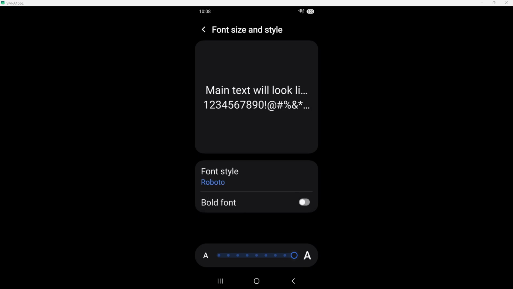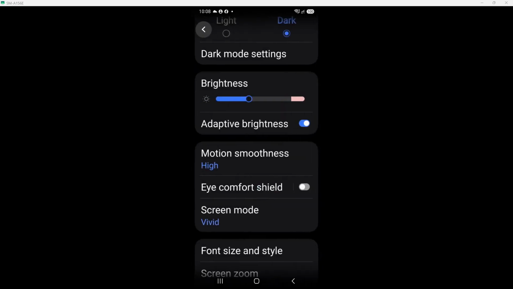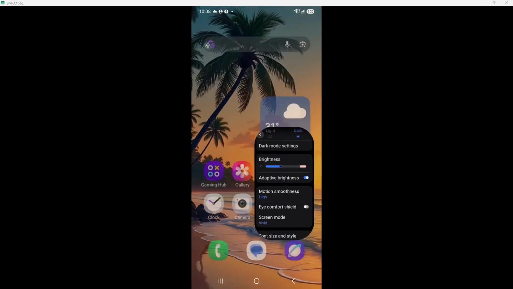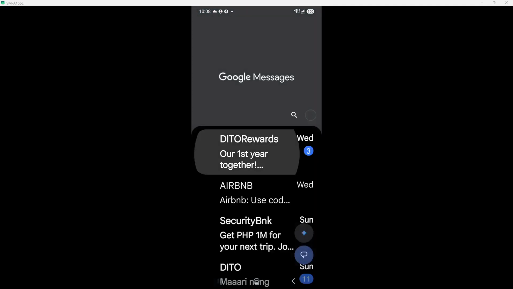After adjusting the slider, you don't need to do anything else to save your changes. Samsung automatically saves your new settings, letting you immediately see the effect. This ensures that the text on your phone is always at a size that best fits your needs and preferences. Once you're happy with the text size, you can simply close the Settings app. Your changes are already applied and will remain until you decide to adjust them again.